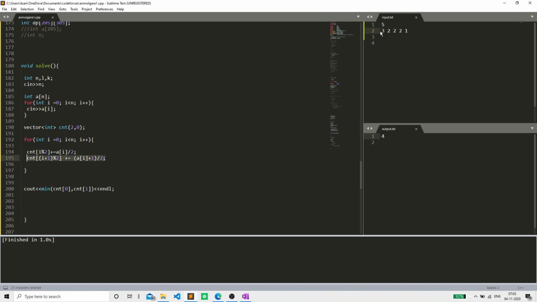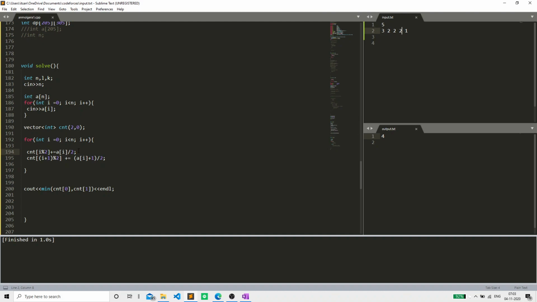Now when we come to this, which is 2, it will become count 1, and we add the values. In count 0, initially there is 1, and now 1 is also stored. So in count 1 we'll have 2, and after this in count 0 we'll have 2, and in count 1 we'll have 3. Similarly we'll continue this process until the very last, and we'll print out the minimum value.